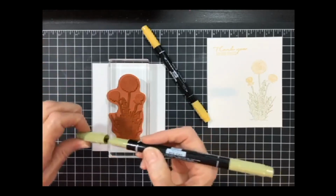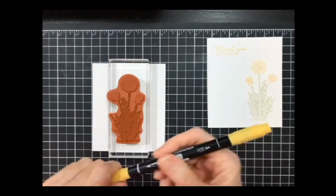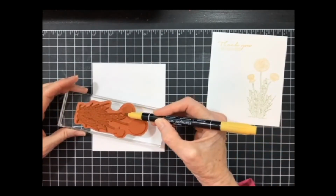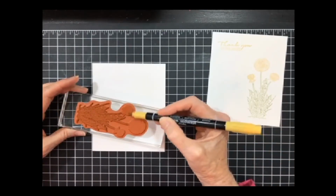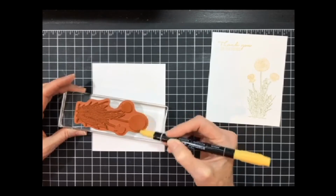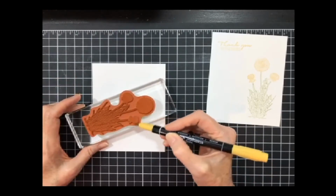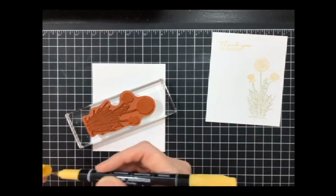All right. And then you're going to take the So Saffron, and you're going to color your dandelion heads. At least that's what I think they are. That's what it looks like. All right. Now,